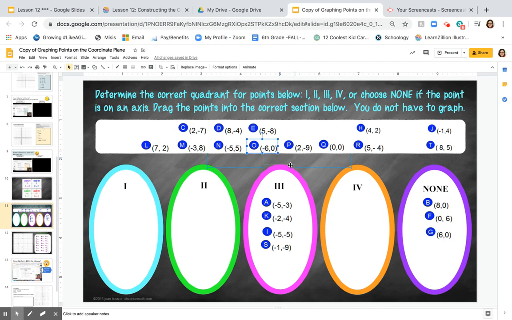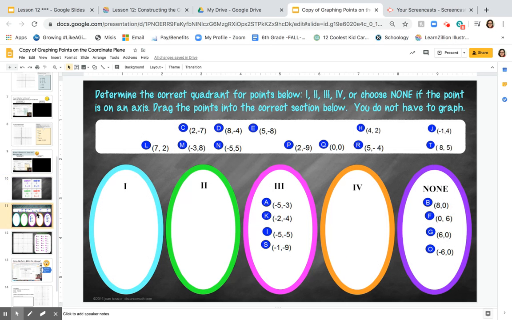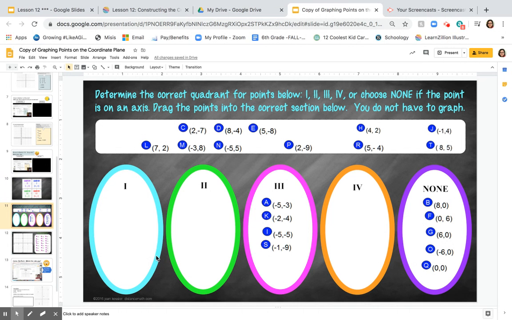This one also has a 0, so this one is not going to be in a quadrant. X is negative 6, so it's going to be on the left of the origin. So here's negative 6, but it's not going to go up and it's not going to go down because, as you can see here, Y is 0. And 0, 0 is just the origin, which is this spot right here, the middle. Okay. Now, we already put all the coordinate pairs with 0, so let's go ahead and move on to the